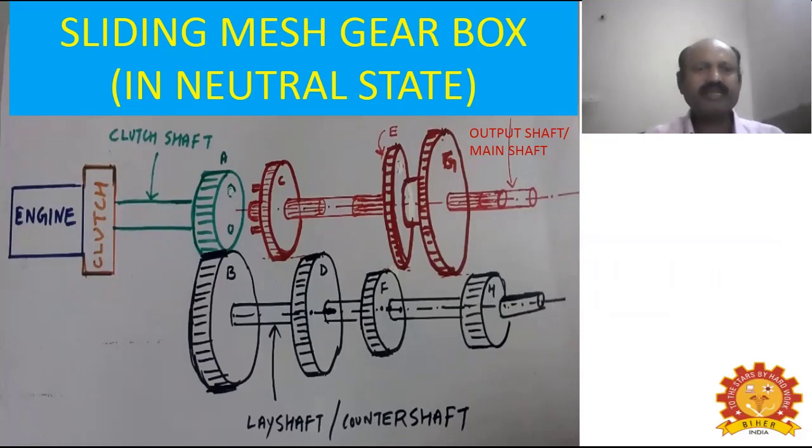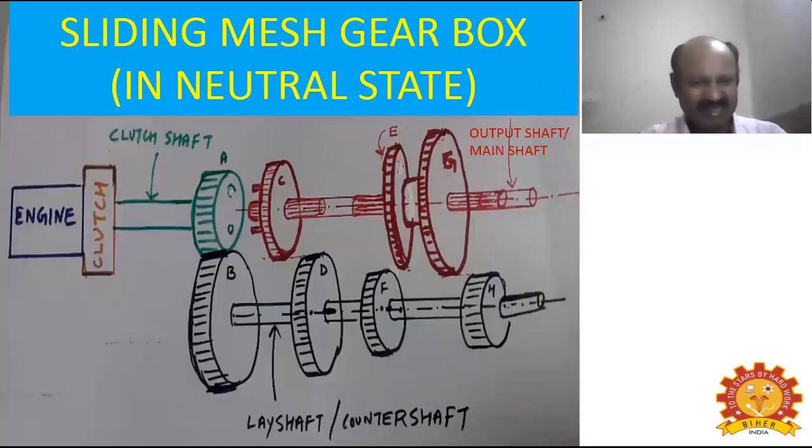As the engine is rotating, the clutch shaft also rotates with the same speed. Let us consider the engine is constantly running at 4000 RPM. For example, let us consider it's a constant speed engine. Let us consider at this moment, in the given particular load and acceleration condition, the engine is developing 4000 RPM. Now, since the clutch shaft is connected to the engine, and since the clutch is in engaged state, the clutch shaft also will run at 4000 RPM.